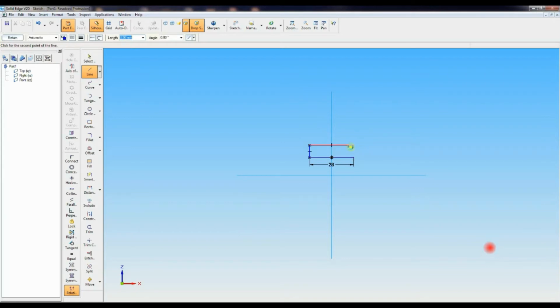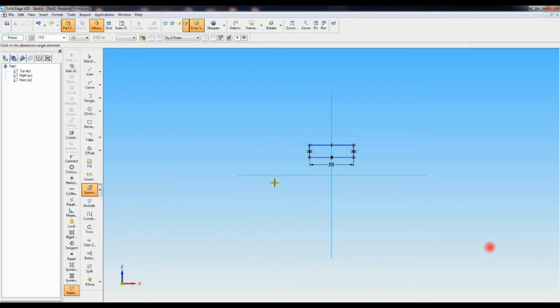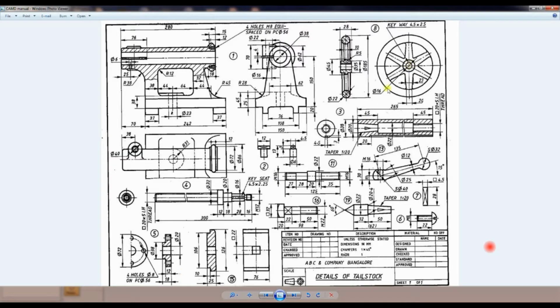Give the dimension, then go to equal, click on equal line like this, then go to smart symmetric diameter, horizontal and vertical, symmetric diameter, that should be 30, 16, inner part is 16, that one you can get from the front view, the 16.